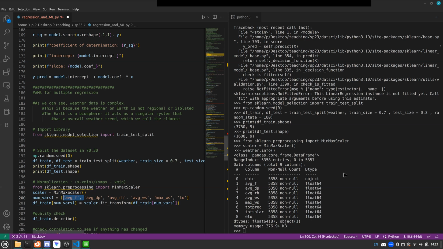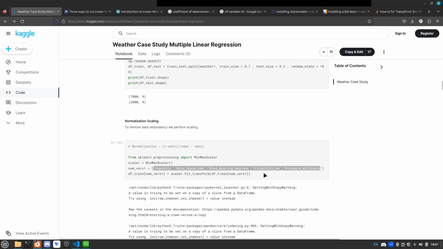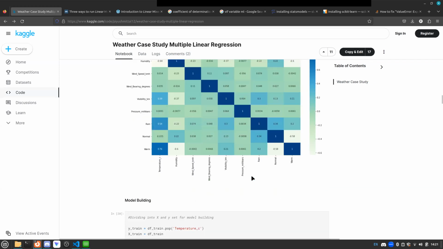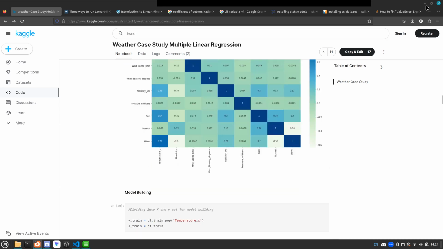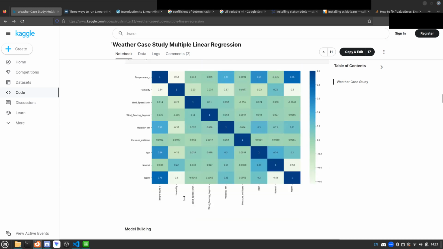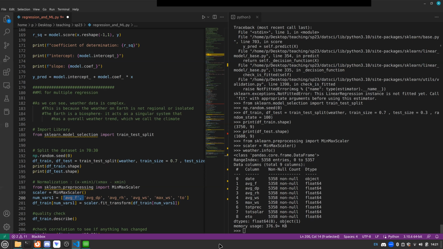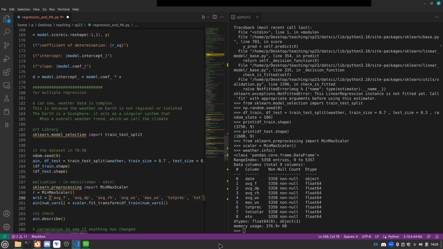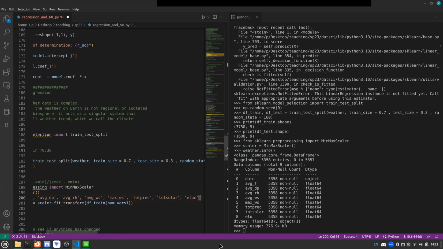Let me double check again. I think we don't want to put it in our variables, but we may need to be able to predict the correlation between. Yeah, we're not training a model yet. We're checking the model. So we can leave average temperature in there. And again, don't be afraid to check your documentation or your sites when you get to this point. Even if you've done this 1,000 times, you are always going to forget something. So just trust yourself. So we're listing all of our potential variables in this new